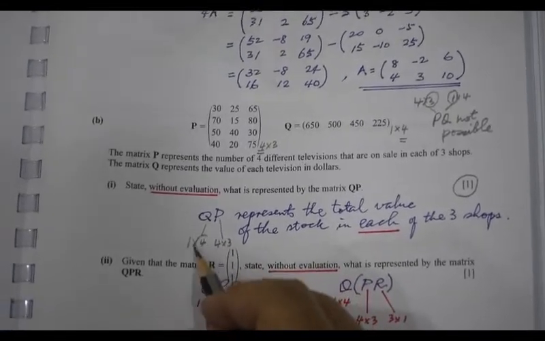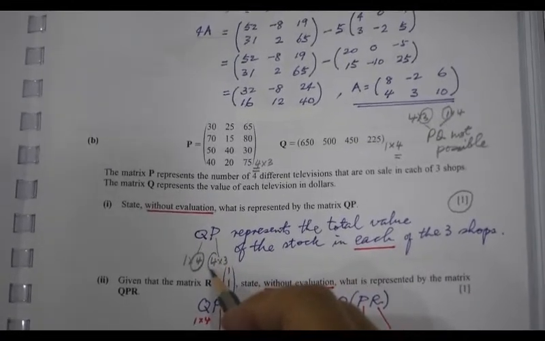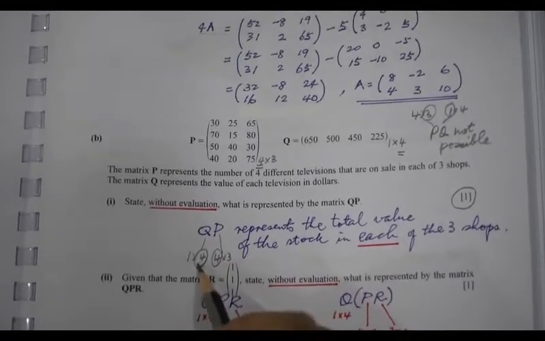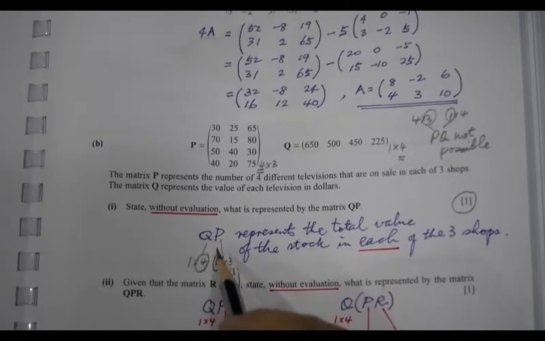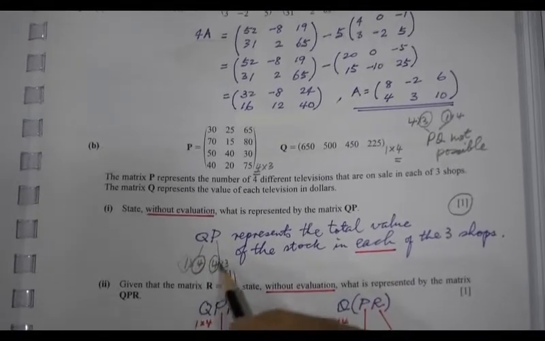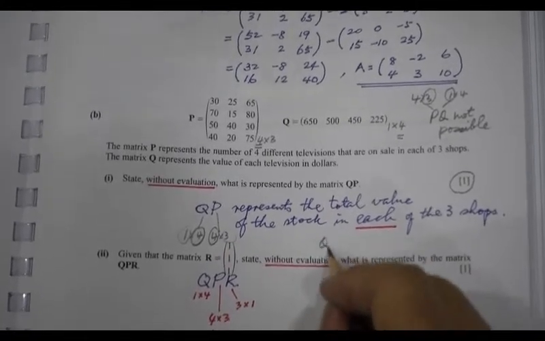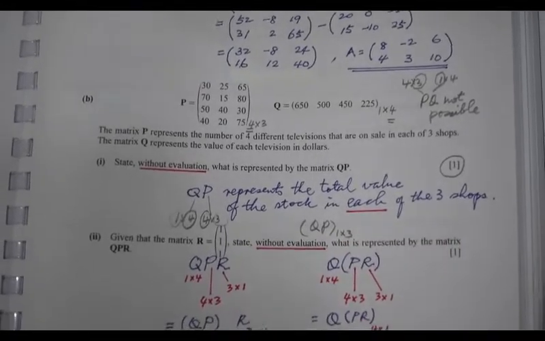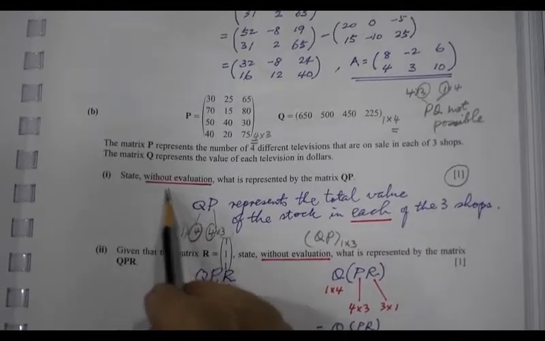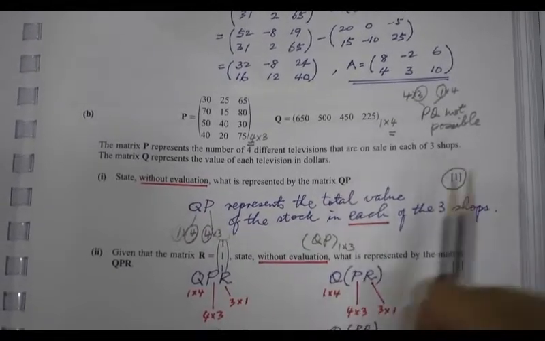Now, the number of columns in Q is equal to the number of rows in P. So the resultant product is 1 times 3. The resultant product of QP will be 1 times 3. Bear in mind, the question says without evaluation. So don't waste your time. All you need to say is